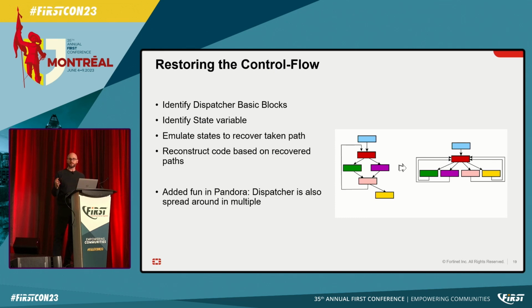Sometimes there's just a very simple state variable, either a register or a local variable, maybe just an integer that's being tracked, but maybe there's a state table or something like that, and then you see offsets. Pandora was relatively complex from this perspective as well, but some samples are much easier in terms of state variable. And once you have that, you can easily map the states to original basic blocks. And once you have that, you need to see what the next states are for each original basic block.